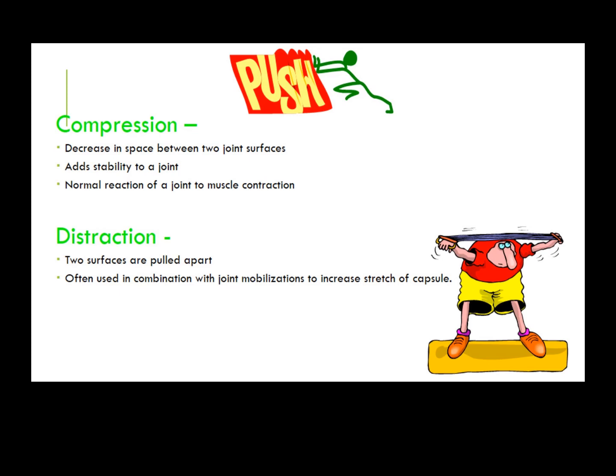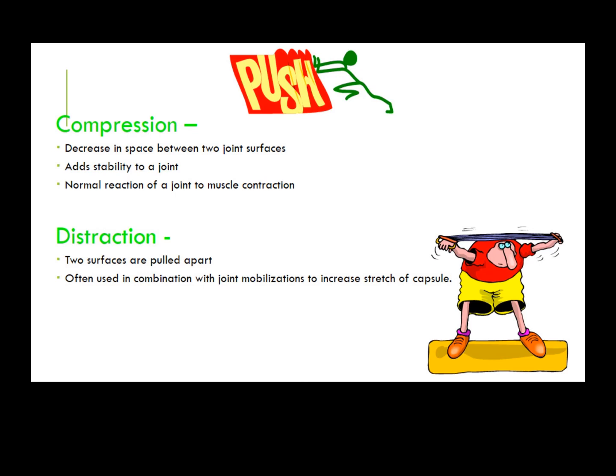It enhances stability to a joint. The normal reaction of joint muscle contraction helps in compression of the joint. So when you are contracting your muscles also, it will help in compression of the joint. So that is compression. Coming to distraction, when two joint surfaces are pulled apart from each other,